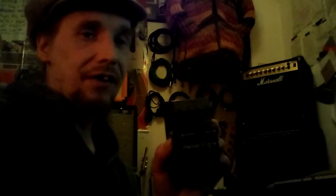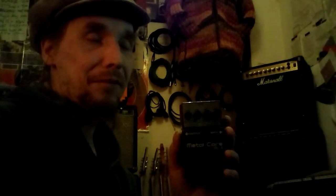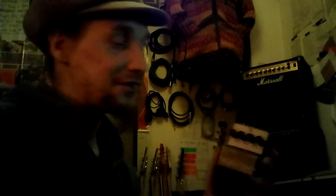One reason for this is that it gives you the great fat chugging tone that the Metal Zone is famous for. I love the pedal, and it's famous for that. But without the ability to totally destroy your middle, like with this, we haven't even got any middle on this. It's low and high. Middles are out. It's quite scooped on this. They've really poked a hole in the middle of this,